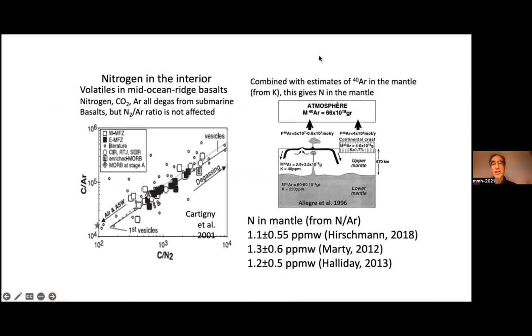This is a very quick slide to show you that we know almost nothing about nitrogen, but the people who've taken stabs at the amount of nitrogen in Earth's interior, and these are listed here, myself, Bernard Marty, and Alex Halliday in the last 10 years, all get more or less the same number. That either means we know the number really well, or the constraints are so few that it's hard to get it wrong. We don't really know, but this is an interesting number too, because it's approximately the same as that of water, in that the amount of nitrogen in the interior is a little bit less than the amount of nitrogen in the surface, meaning the nitrogen in the atmosphere. They're both mostly on the surface, but not predominantly on the surface.